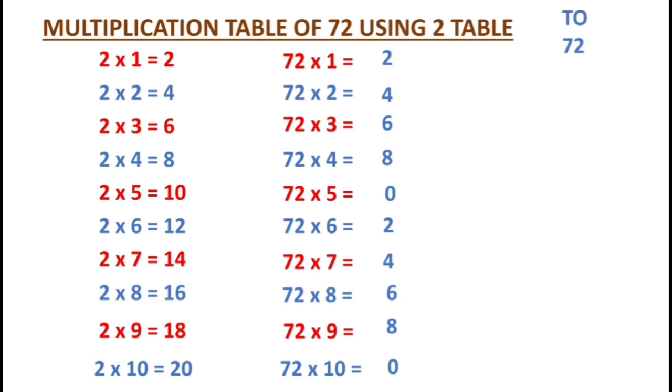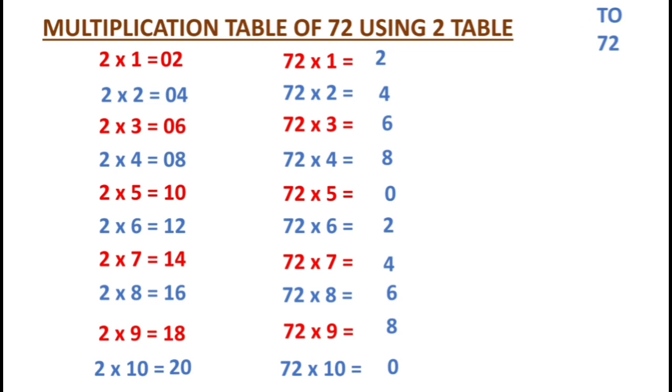Now in 2 ones are 2, what is the tens place we have? We have the 0. From 2 ones are to 2 fours are, the tens place is same. From 2 5s are to 2 9s are, the tens place is same. If you make the groups like this, you will not get confused. You will not miss doing the plus 1. So you will have full clarity for after which number we need to add. So it's better when you are trying this method, do put the brackets for better understanding and to not make any mistakes.